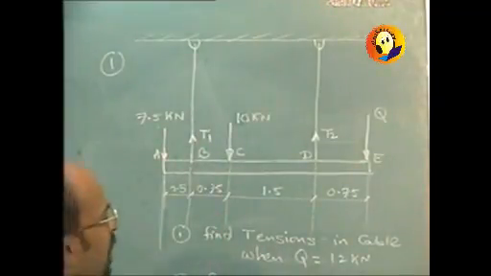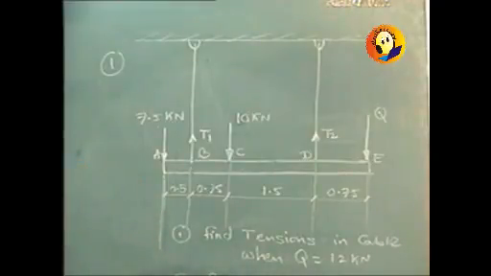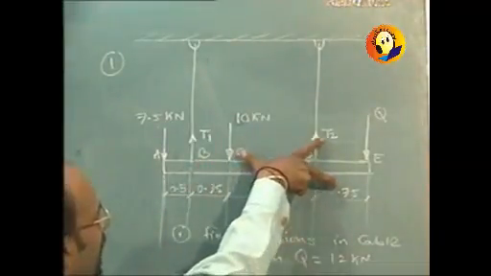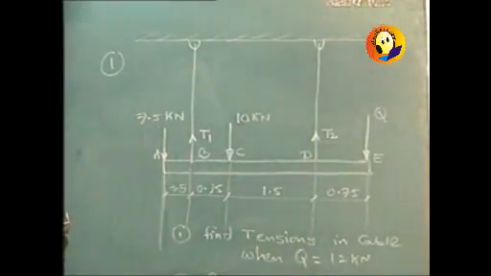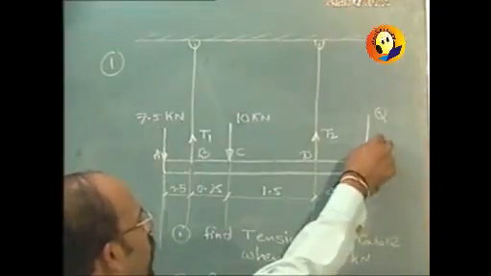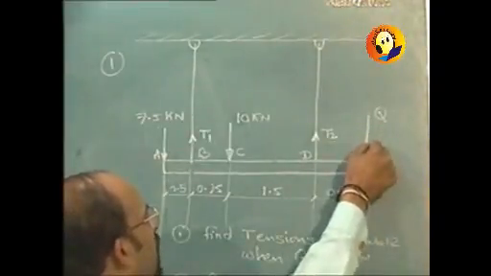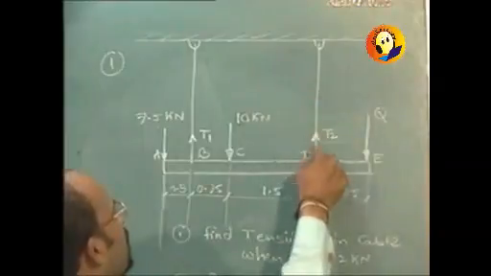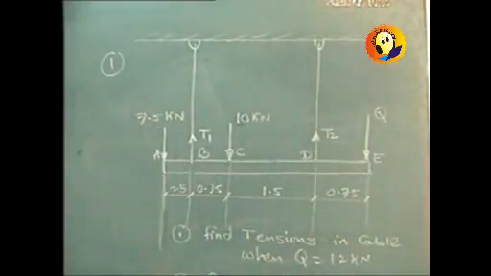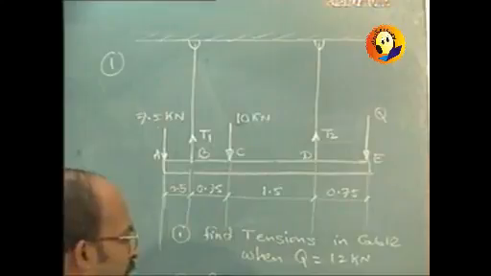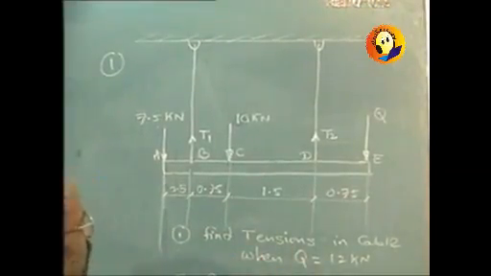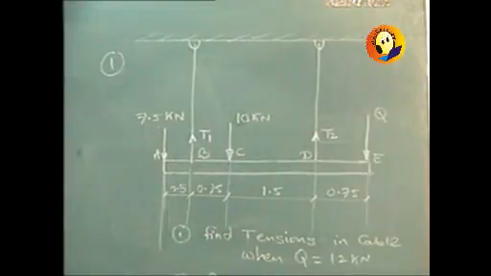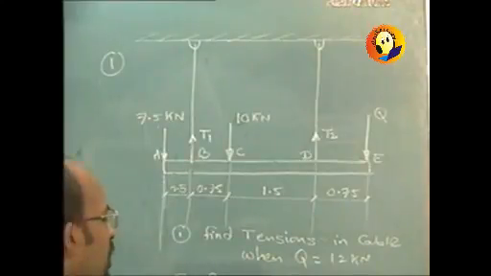If it would have been cable D, then I would have rotated it in such a manner that B is stationary and D is likely to move up. Now if point D has to move up, then the Q force should not be applied downward, it should be applied upward, and then only this cable D can become slack. And so I have modified the problem slightly, that instead of the cable at D becoming slack, I am making it B, and we will be solving the problem. If it is D, we will solve it again afterwards. So it is the cable at B that will become slack.